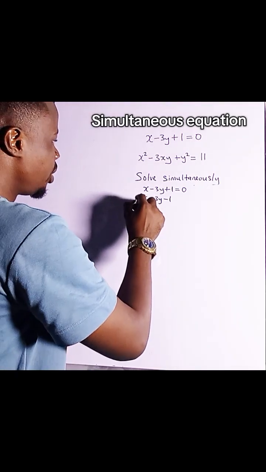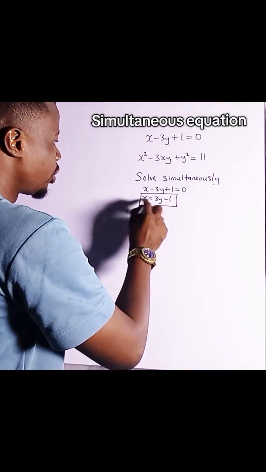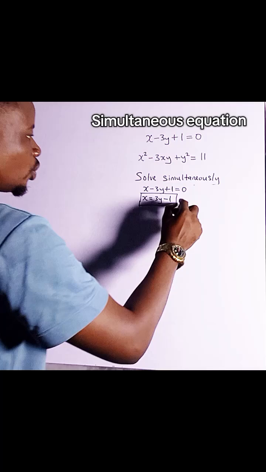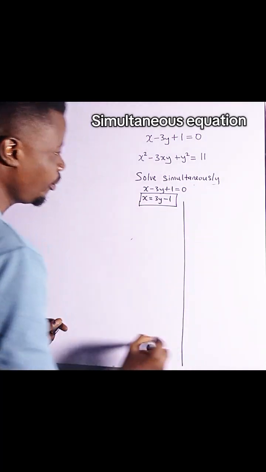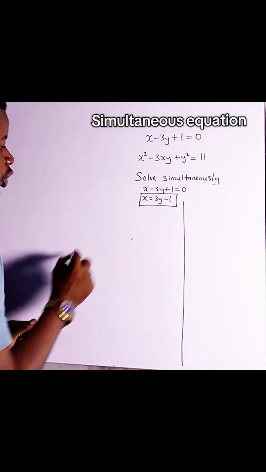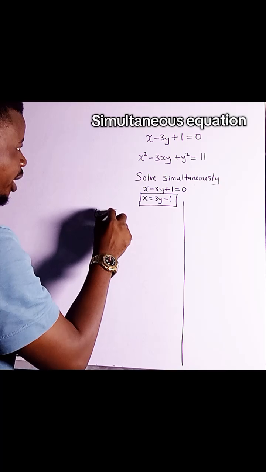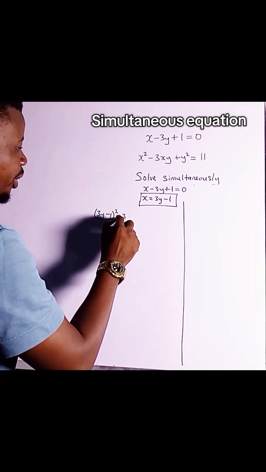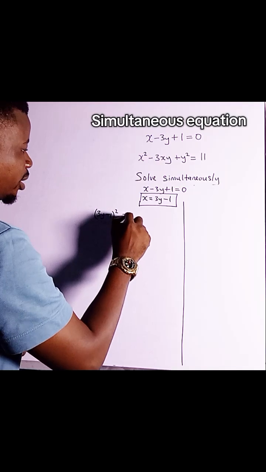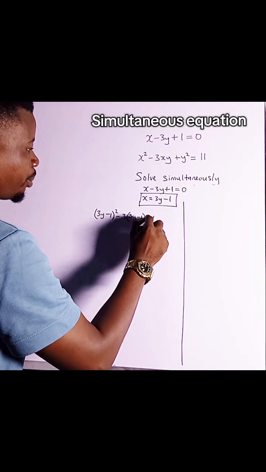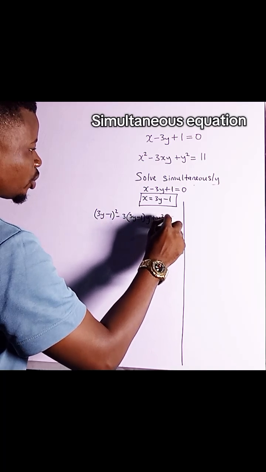Now we're going to substitute this 3y minus 1 for x in the second equation. So how does it look? In the second equation, you have x squared, so you put 3y minus 1 squared. Then minus 3 into x, 3y minus 1, you have your y. Then plus y squared is equal to